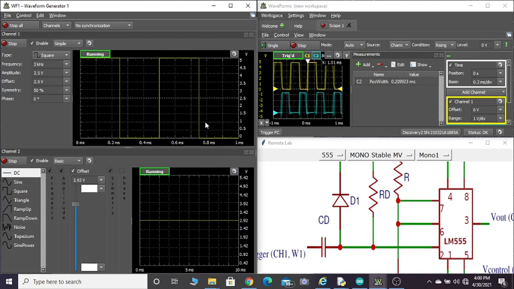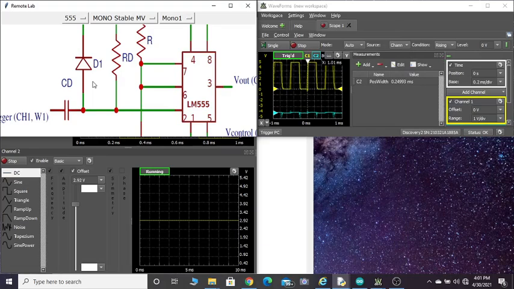Let me see the impact of change in the values of R1, R2. Sorry, this timing resistor. Now this is actually R equal to some value, which is now maybe 1 kilo ohm. If I change this to a different value, I can have 10k.